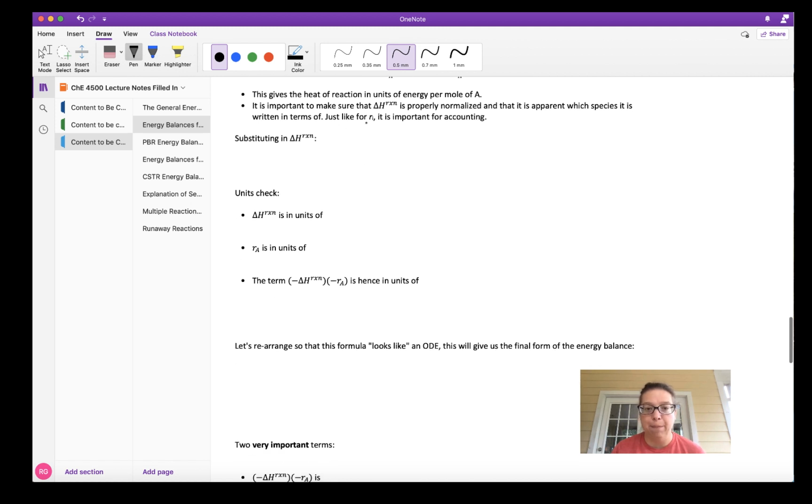This is because it's going to get multiplied by Ri. Ri is also written in terms of some species, and those species need to be the same. So if we substitute this expression into our energy balance, we get 0 equals